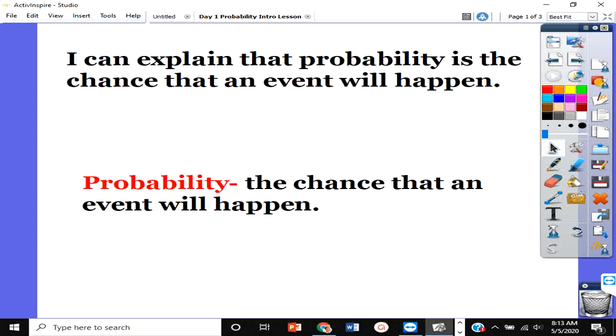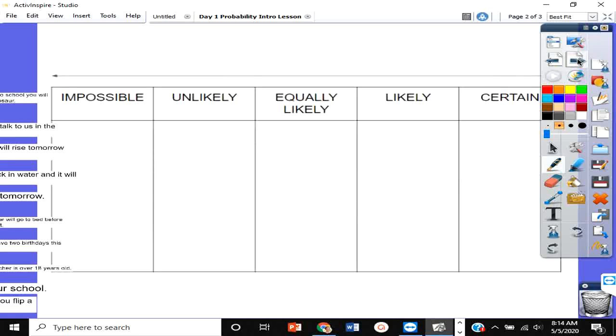Well, the first part of it says I can explain that probability. Probability, if you notice down below, the definition of probability is the chance that an event or something will happen. And all we're trying to do today is to really understand the definition of probability. So in order to help us do that, we're going to go over some vocabulary words to help us identify what is probability. So when we talk about probability and the chance that something will happen, we often use these